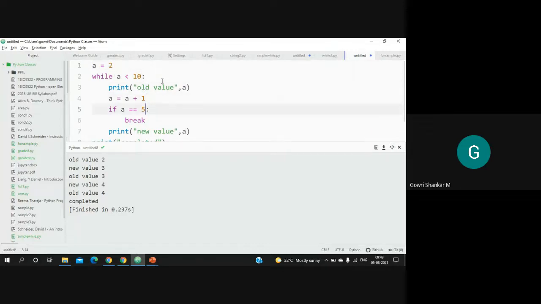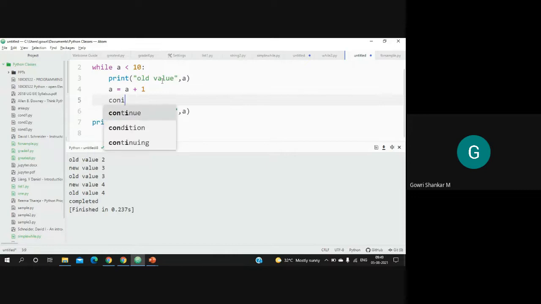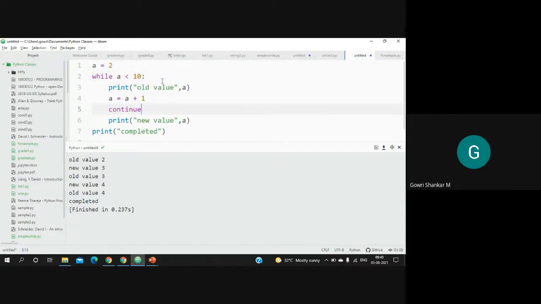Now, what does a continue do? Let us say if A is equal to 5, suppose I say continue here. Previously, if I don't have continue, you see the output.